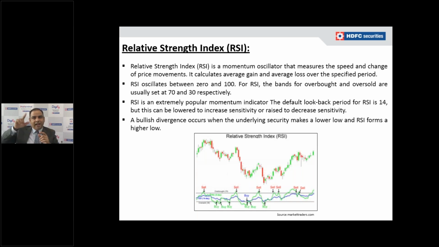If price makes a higher high and RSI fails to show a higher high, that is the negative divergence. And in the downtrend, price makes a lower low, RSI fails to make a lower low, that is a positive divergence. You have to be alert. When the negative divergence happens, there is a minor consolidation, yes, a minor downtrend happens.